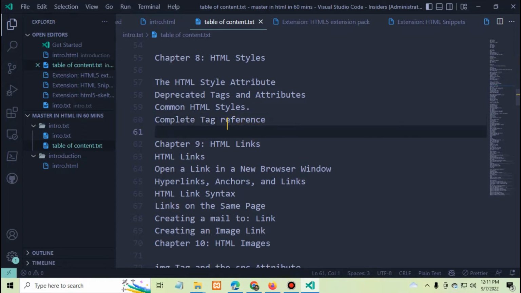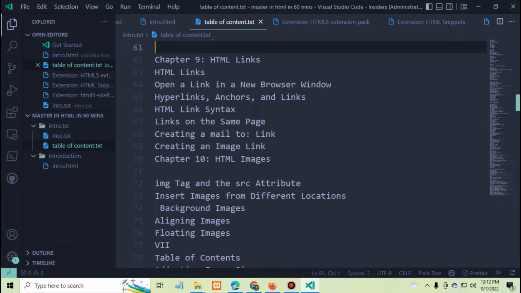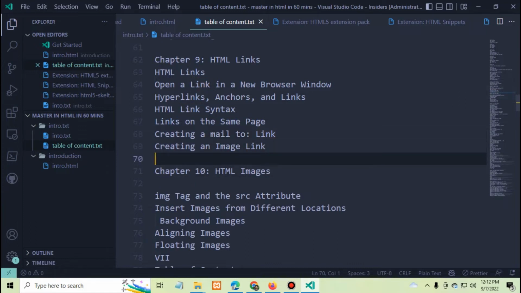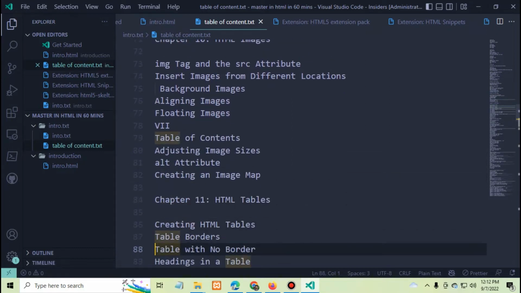Then in chapter 9 I'll discuss HTML links and opening a link in a new browser window, hyperlink, anchor tag and links, then HTML syntax, then link on the same page, creating an email link, creating an image link, and chapter 10 I'll discuss HTML images, the image tag and attributes, inserting images from different locations, background images, aligning images, floating images,